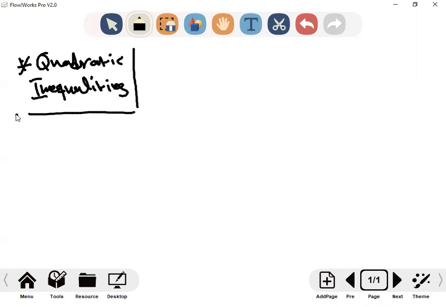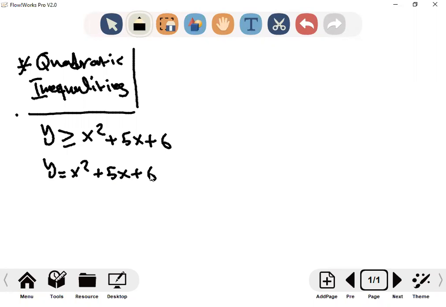Got it? Yesterday we graphed, for example, y is greater than or equal to x squared plus 5x plus 6. We turn it into a function, y equals x squared plus 5x plus 6, and we find a is 1, b is 5, c is 6, right? We find the axis of symmetry, minus b over 2a